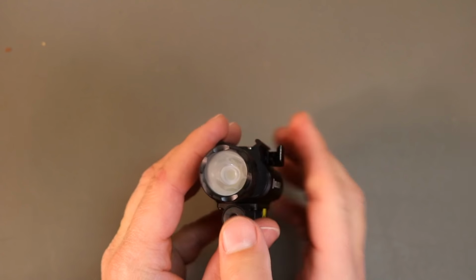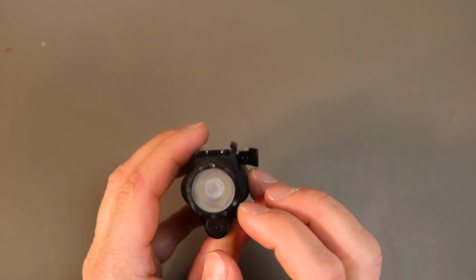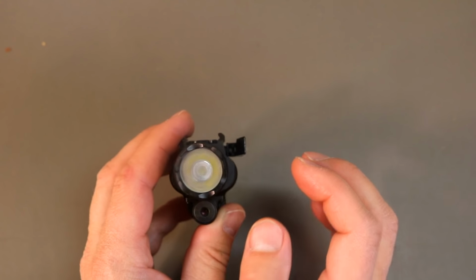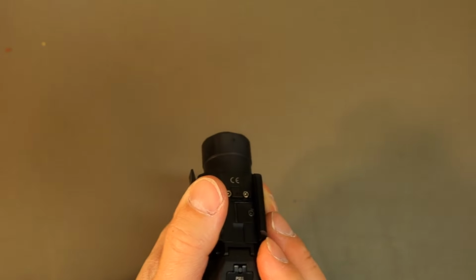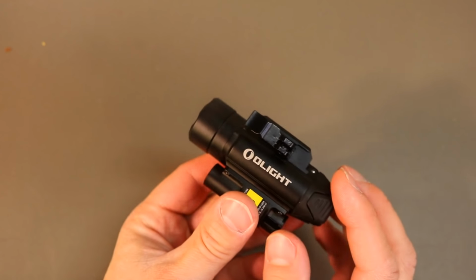Once you shoot, you can see that this lens isn't that clear, and that's just because it's got a bunch of dirt on it from being shot. But it's something I didn't notice diminish the brightness level at all, and I actually had a lot of fun out there shooting it. One thing I have noted on this light that seems to be a quirk and kind of bugs me, to be honest,